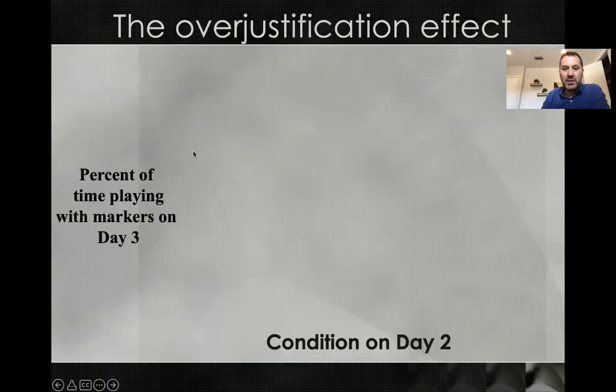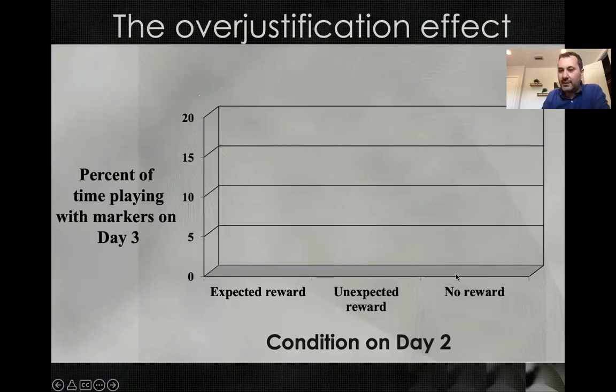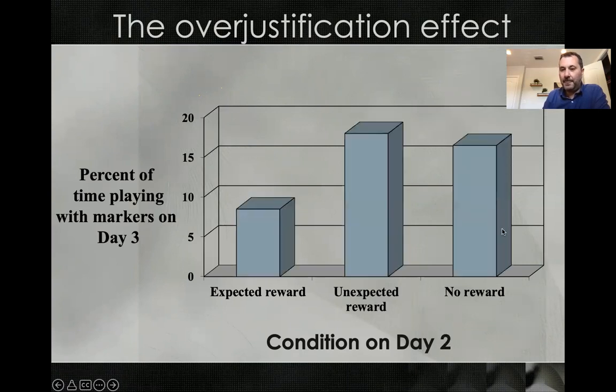Okay, so I'm going to show you the percent of time the kids spend playing with the markers on day 3 as a function of which of the 3 conditions they're randomly assigned to on day 2. And we're going to start on the right side of the graph and go over these results. Okay, so if you look first at this control condition, kids who receive no reward on day 2. On day 3, they still play with the markers a significant proportion of the time. Okay, they still liked playing with the markers. In other words, this measurement we're getting on day 3 is basically a measurement of how much the kids like playing with the markers. So the kids in the no reward control condition, they really like playing with the markers